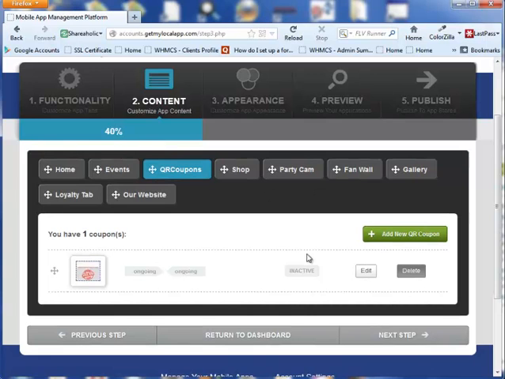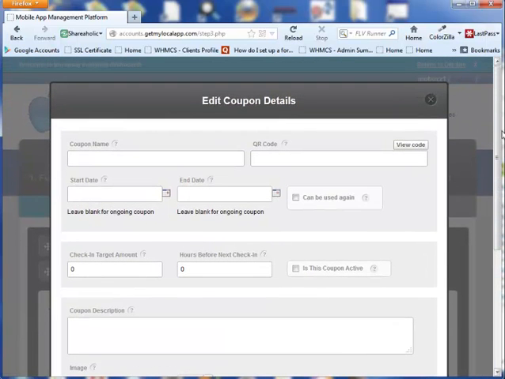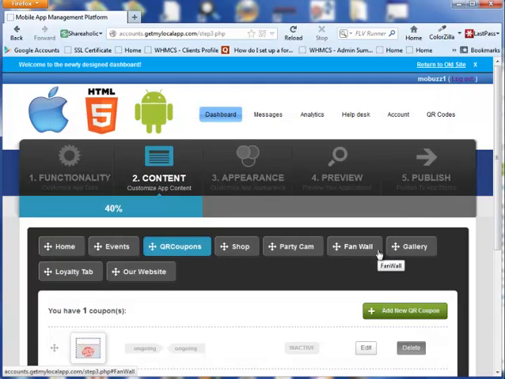And then if I want to edit this one for example, I can just click on edit, go in, and then you can just fill in these fields. You can have start date, end date, amount, hours before the next check-in, and so on. So it's really powerful. Here of course you can change that icon that's going to appear in your app, and you just browse for an image. So that's all really good and very quick to do. So you would just go through each one of these,